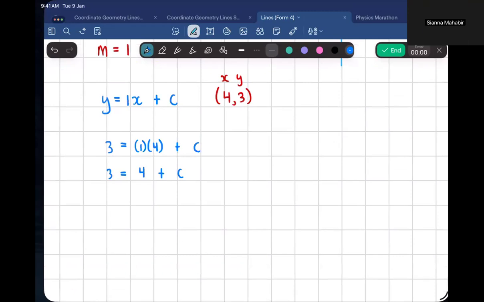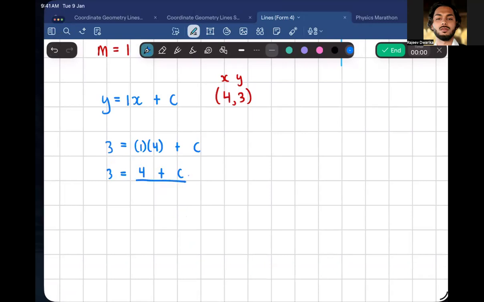There are multiple ways you could do this, right? Some students would learn that you could just move across the 4: 3 minus 4 is minus 1, so minus 1 is equal to c, and then you would flip. That's fine. But how I usually show my students to do it is, we still have 4 plus c